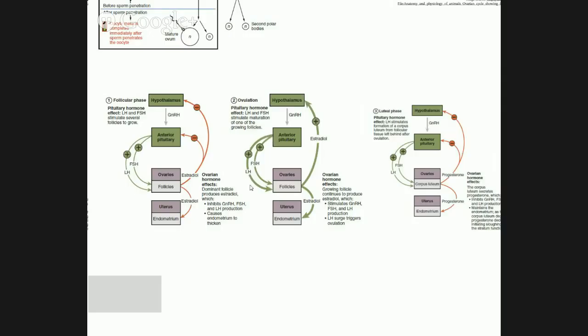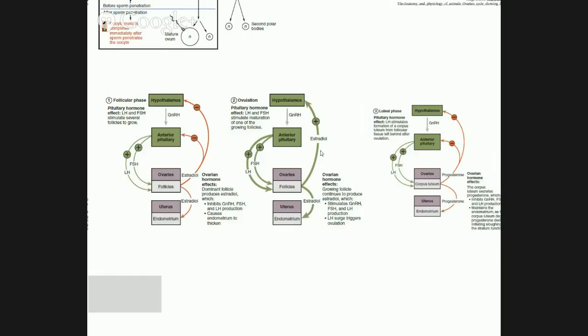Anyways, the thickness of these arrows is actually somewhat significant. The LH arrow is a little bit thicker than the FSH arrow because the concentration of LH coming out of the anterior pituitary at this time is huge. And it's really what causes ovulation to happen. LH stimulates the follicles to rupture, and that's when ovulation takes place. Now, the follicles are still making estradiol and releasing that, and it has its effect on the endometrium and the feedbacks that I just mentioned here. It stimulates the